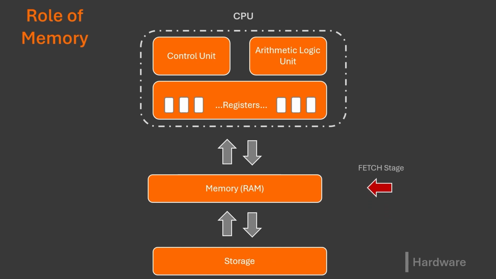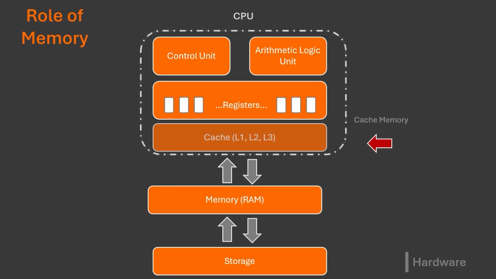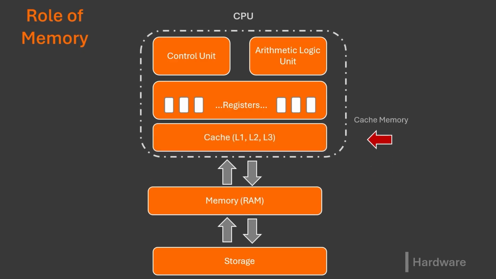As the application is running, the CPU will refer to cache memory first before reaching out to RAM. Cache is a smaller, faster memory located closer to the CPU than RAM. It stores frequently accessed data and instructions, anticipating the CPU's needs. When the CPU needs data, it first checks the cache. If the data is present, which is a cache hit, the CPU retrieves it quickly. If not, which is a cache miss, the CPU retrieves the data from RAM and a copy is placed in the cache